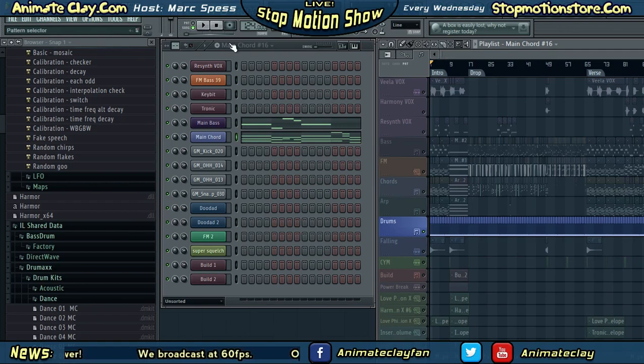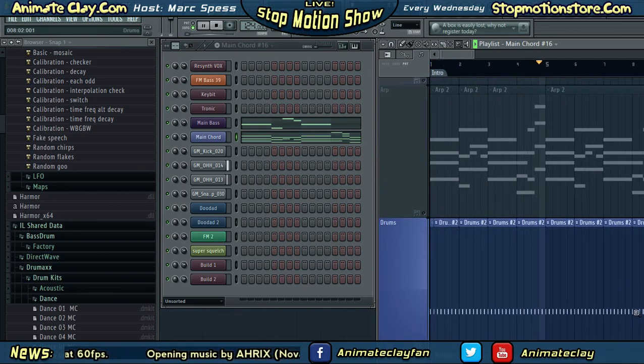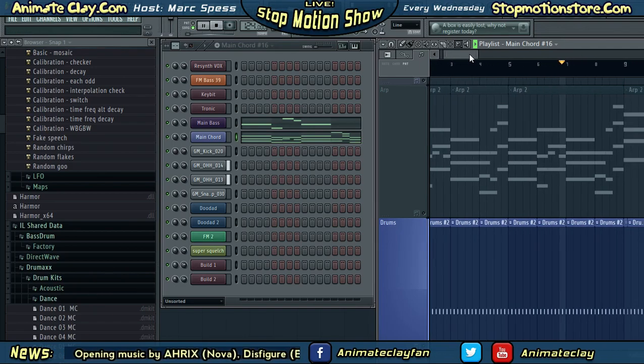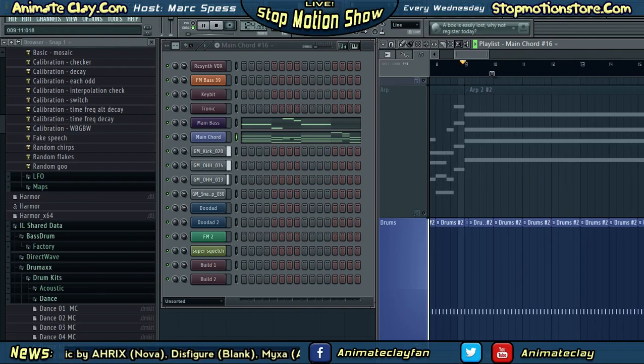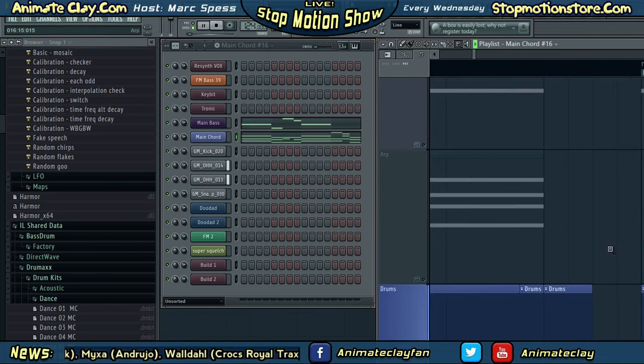So let's play it here. Right. So you can see how there's nothing really major with that, nothing really hard you would think to create. So he's got a section of drums 2 that he's put in here, and then it changes to, I think, like drums 3 or something here. You can zoom in and